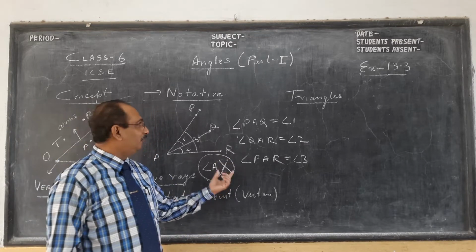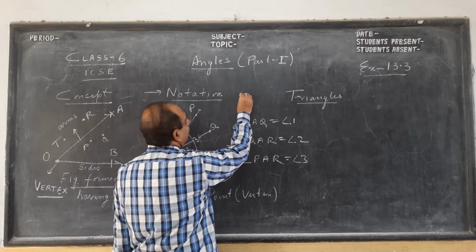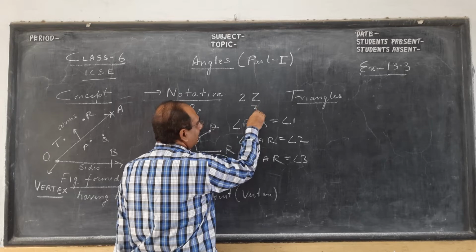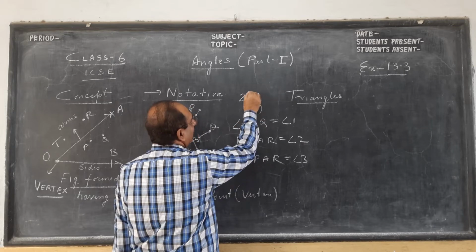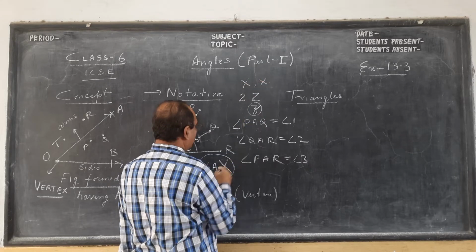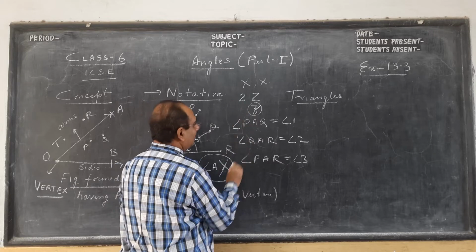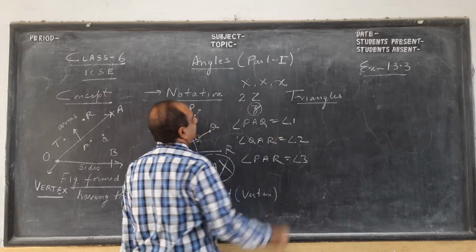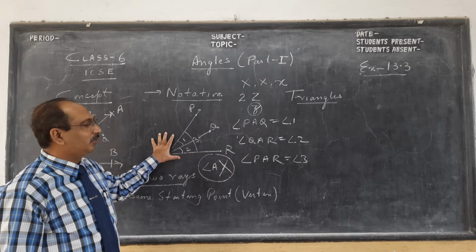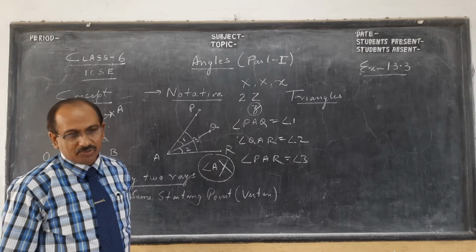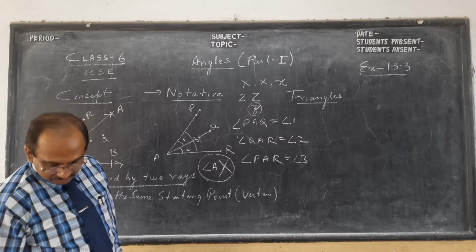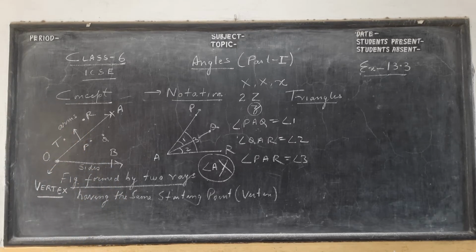You have to be very careful about two things, children. Many children write 2 and Z so there is a problem. I tell you, write Z whenever it comes in small case. Another thing is X and multiplication, which can go wrong. How will you know? I say X, you write in small case, and the multiplication sign otherwise. So anyway, this was all about angles. Then, children, I'll talk a few things about triangles, and we will end today's class. So kindly pause the video and copy.